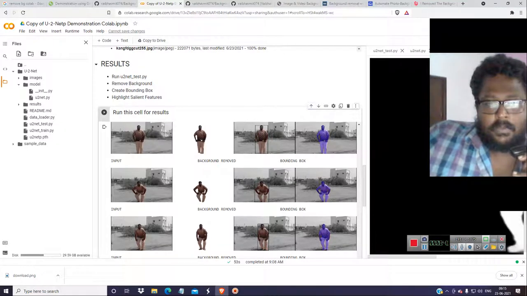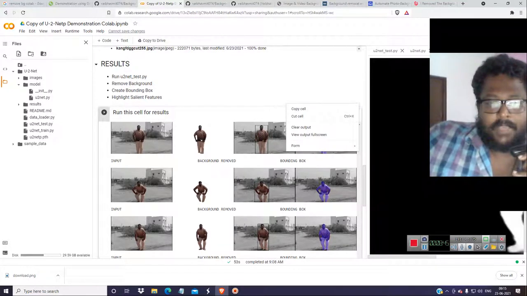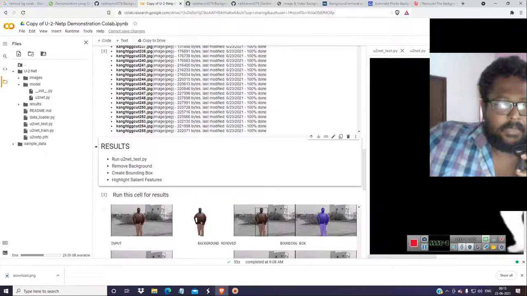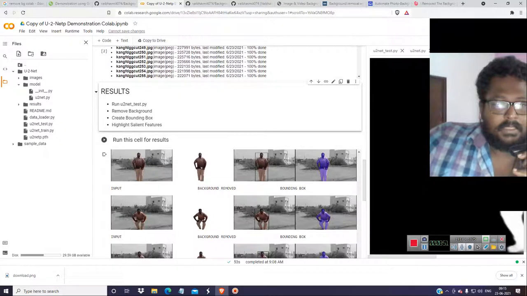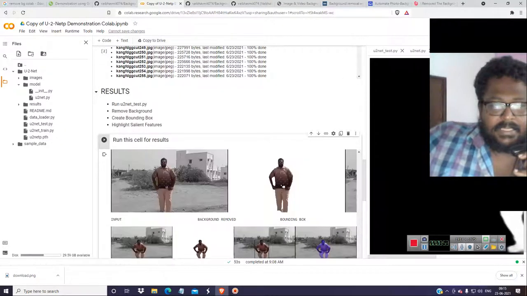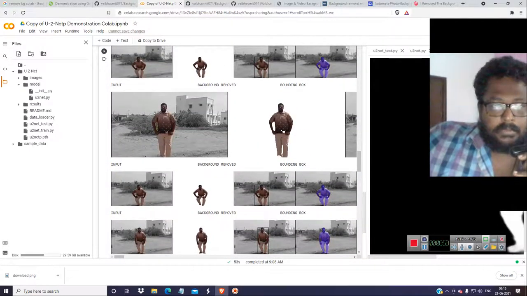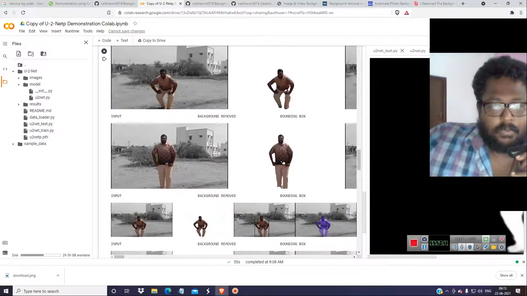You can also download the output, I think so. Okay, so let's see for a very good downloader. After create, as you can see here, the bounding boxes are also being shown. So we have to download one by one, so it is very complex to do.